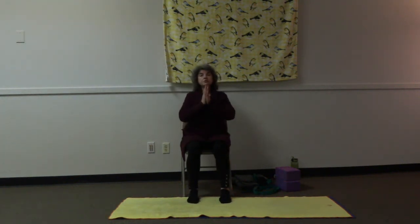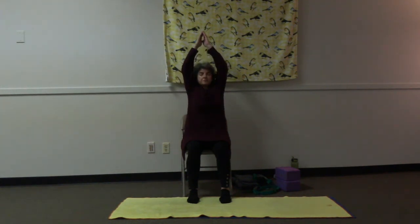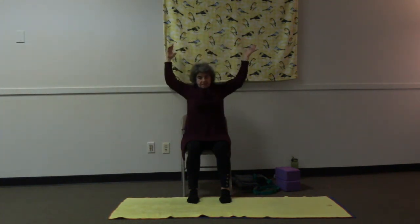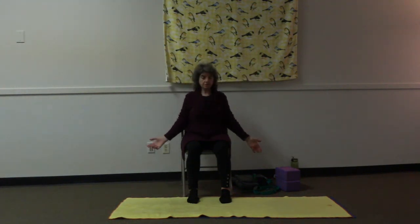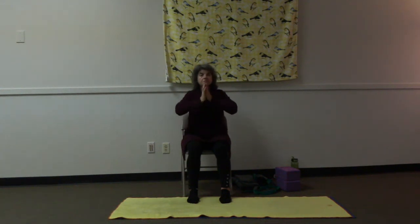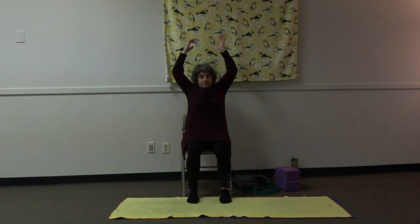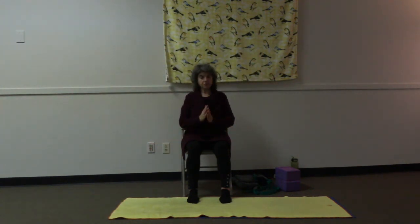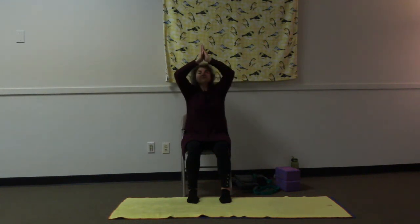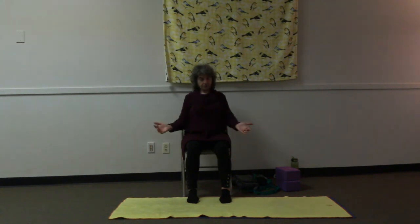Let's bring our hands together, inhaling, reaching up, pausing, exhaling, taking time, opening arms, moving them back a touch. Let's do it again, reaching to the sky, opening our hearts. And again, hands together, reaching up, exhaling. If you like, bring hands together, taking a moment here,